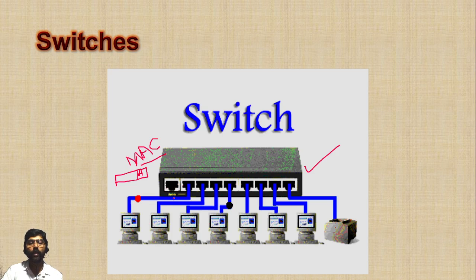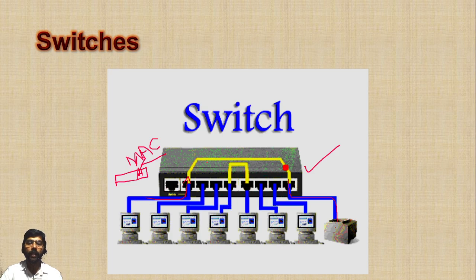So whenever it receives this MAC address, that is the destination address, it identifies in which port the destination address is connected, because it already maintains one table. Okay, the address table is maintained here. Whenever it receives the frame, it identifies in which port it has to send and transmits the data only over that port. It will identify the destination address and transmit it over only that port. So it is a little bit intelligent.